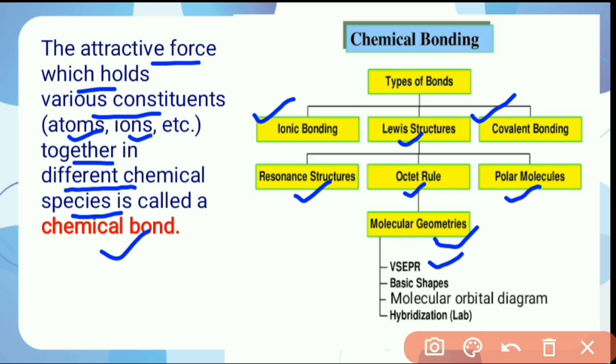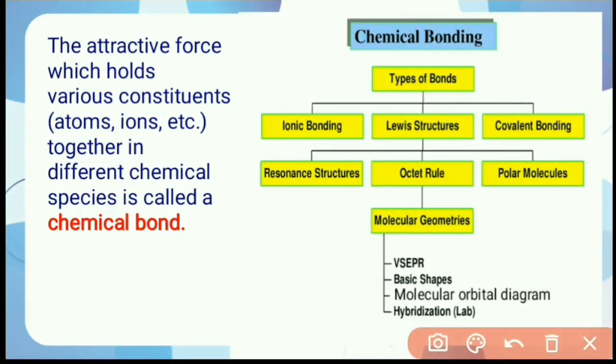We can also study the basic shapes of the orbitals s, p, d and molecular orbital theory. By this theory we can determine the bond order and existence of the molecule. By hybridization we can determine the three-dimensional geometry of the molecule, and also the angles between atoms present in the molecule.